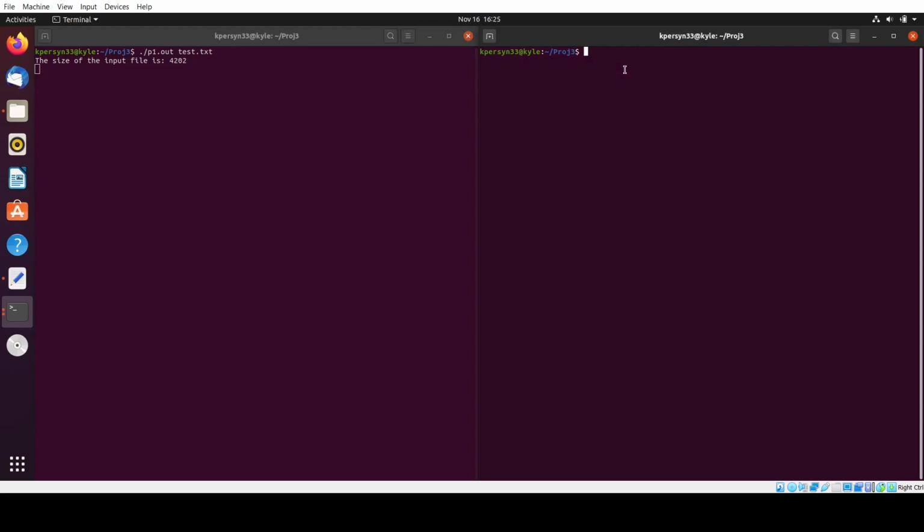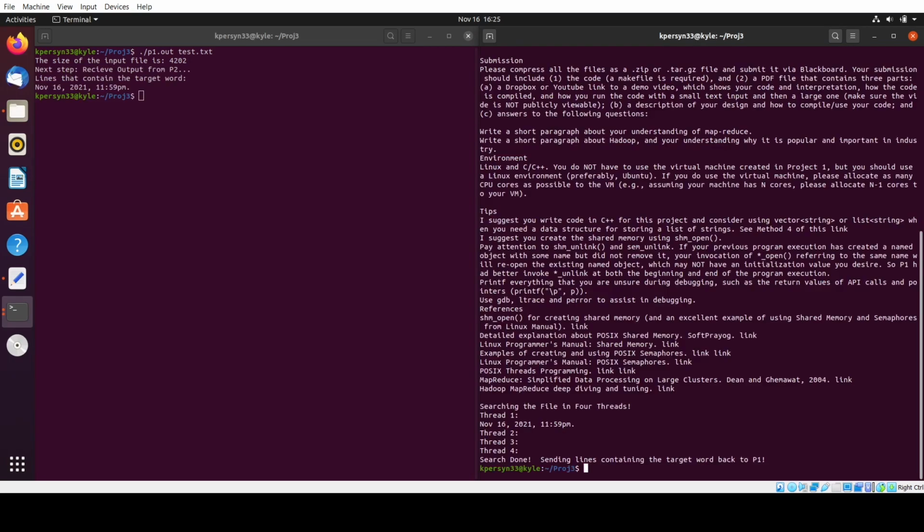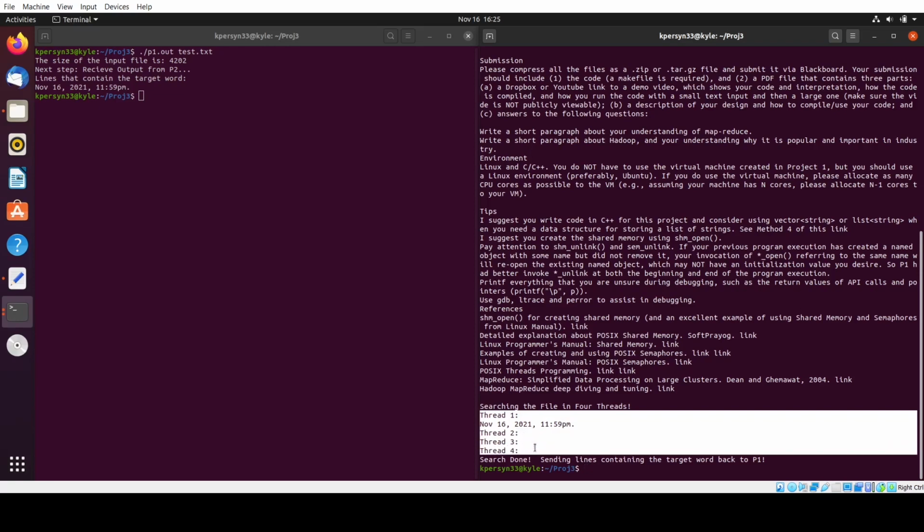As you can see, the input size is 4202. You can see the contents on the right side are a lot longer. However, the threads only found one instance of our target word nov, and on the left side, it also output this